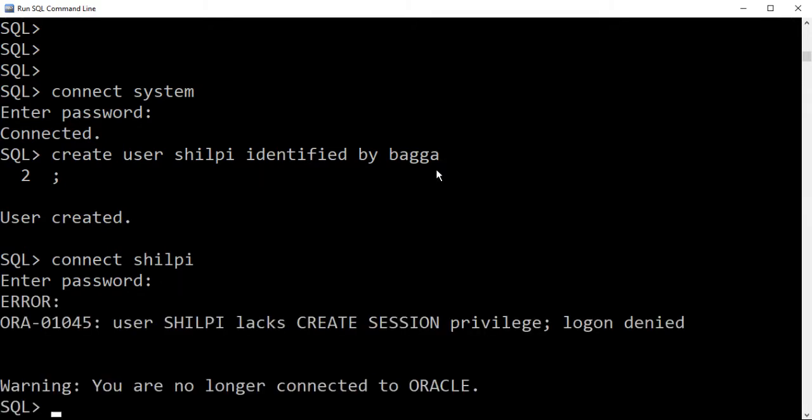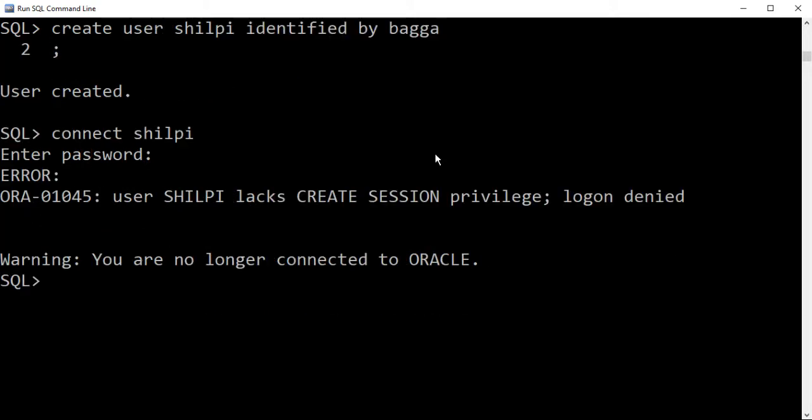When I try to connect with the newly created user, it shows that the user lacks the create session privilege. It means the user is created, but the user does not have permission to log in